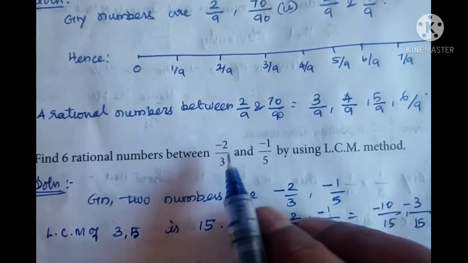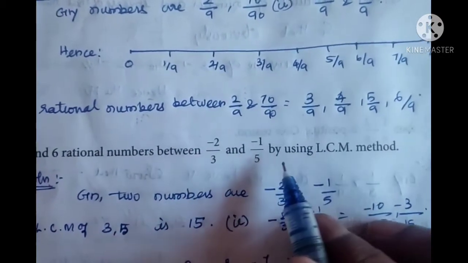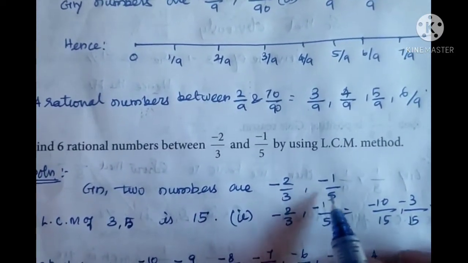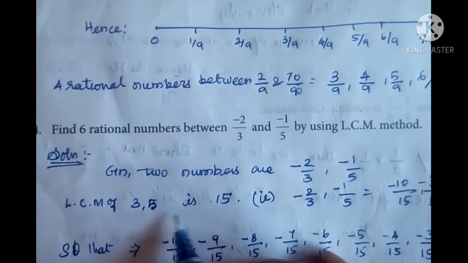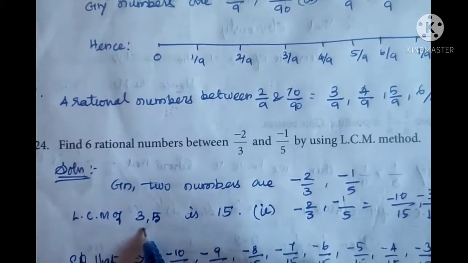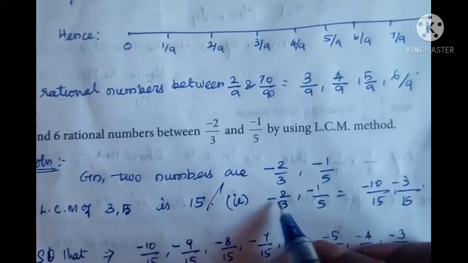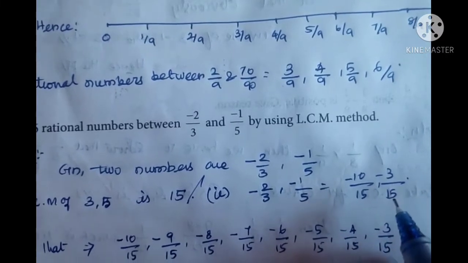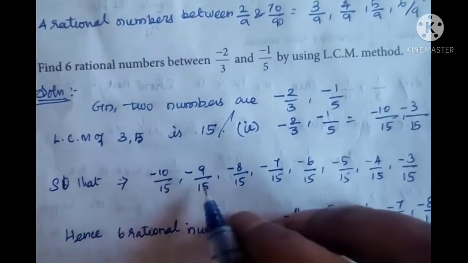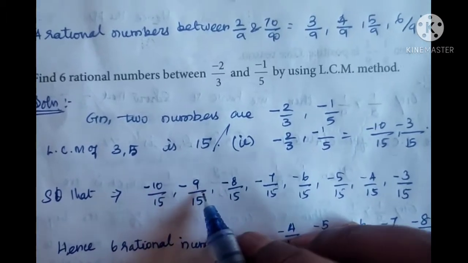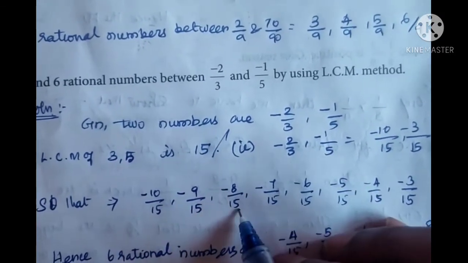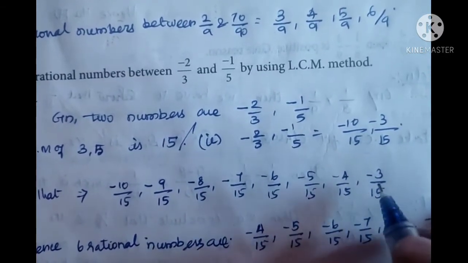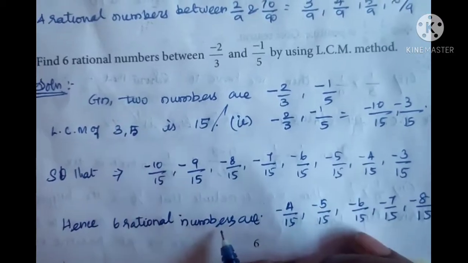Find 6 rational numbers between minus 2 by 3 and minus 1 by 5 by using LCM method. Given two numbers are minus 2 by 3, comma minus 1 by 5. LCM of 3, comma 5 is 3 into 5 equal to 15. So minus 2 by 3, comma minus 1 by 5 equal to minus 10 by 15, comma minus 3 by 15. So minus 10 by 15, increasing the number, minus 9 by 15, minus 8 by 15, minus 7 by 15, minus 6 by 15, minus 5 by 15, minus 4 by 15, minus 3 by 15. Hence 6 numbers are